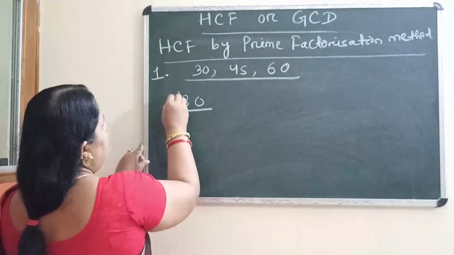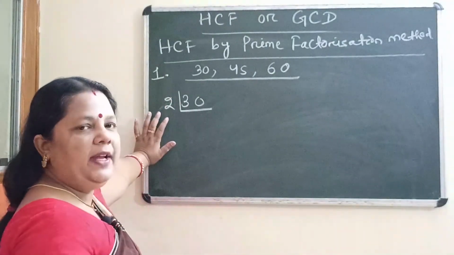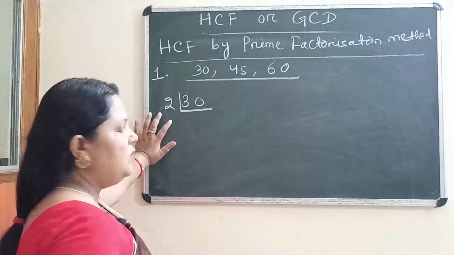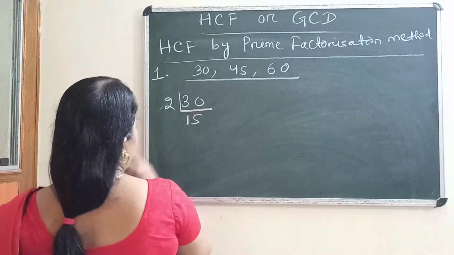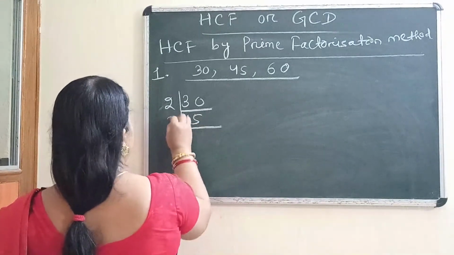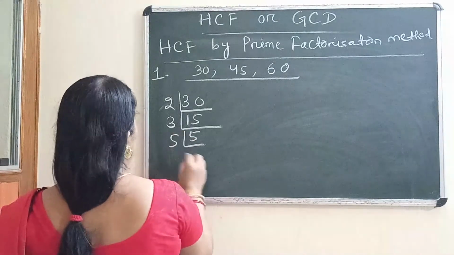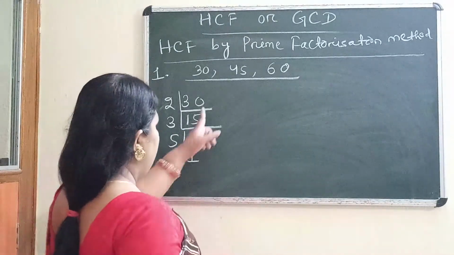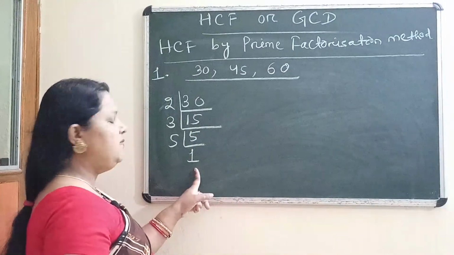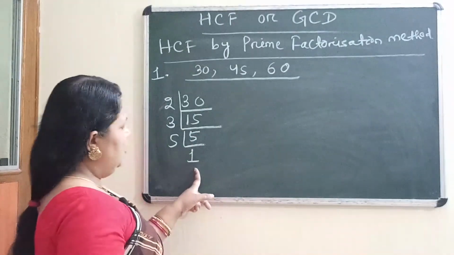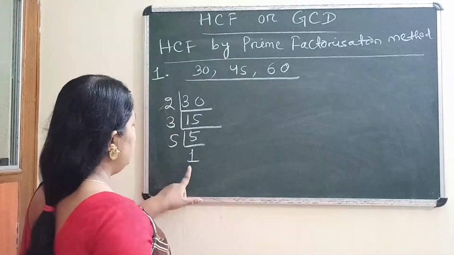So we can divide by 2. Start from 2. Separately you have to divide all the numbers. Divide, then we will get 15. If we again divide by 3, then we will get 5. Then you can divide by 5, you will get 1. I have already discussed in the last class, you will continue this process until you get the quotient 1. When you get 1, then stop this process. Okay, now we got here.